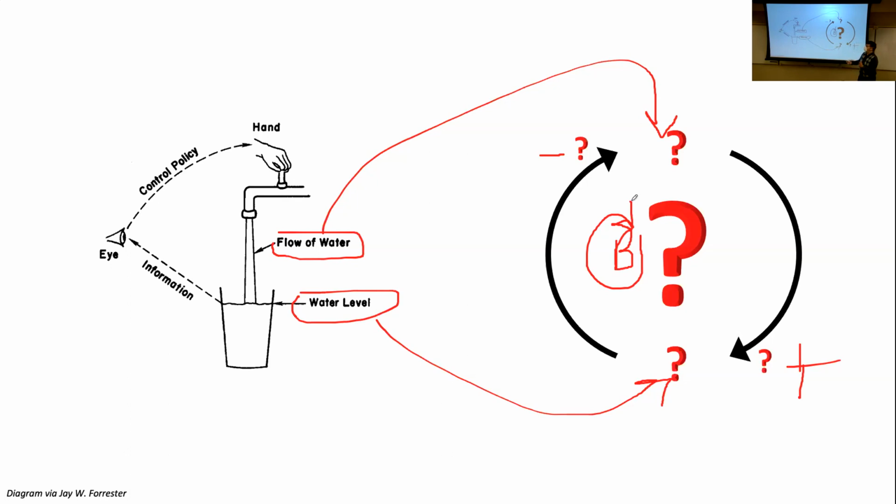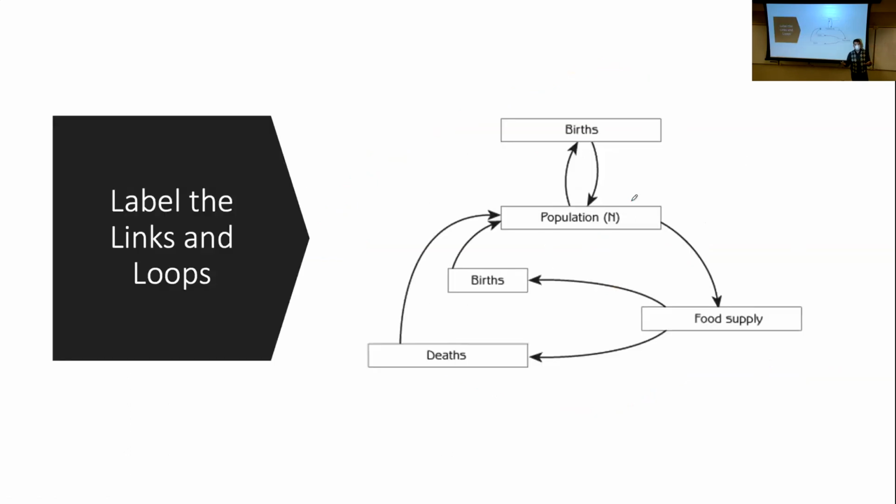All right, going through this quickly so that we have plenty of time. Not going to go through every exercise. We've seen this exercise again. Like I mentioned when I first presented this diagram, this is not a good diagram because births is mentioned twice. But still, I would invite you to go through and say what happens when births increases the population and vice versa. What happens to population and food supply? As population increases, what happens to food supply? As food supply decreases, what might happen to death, and so on,